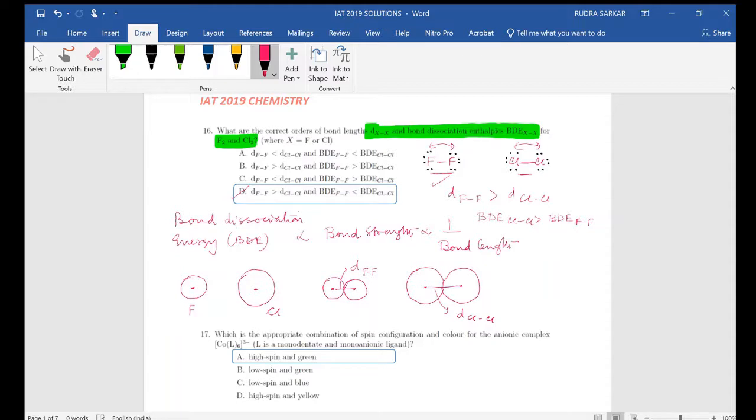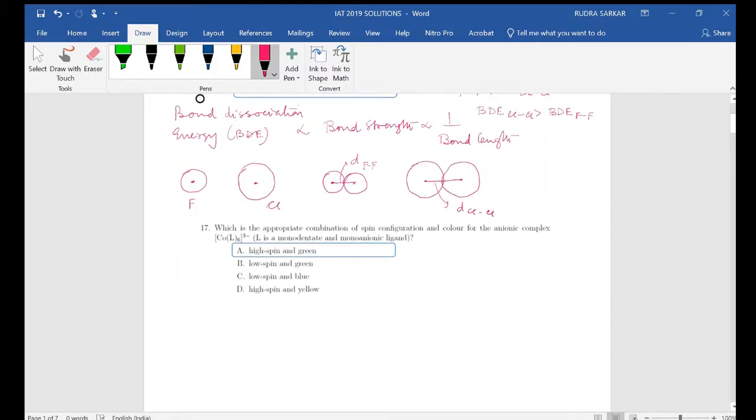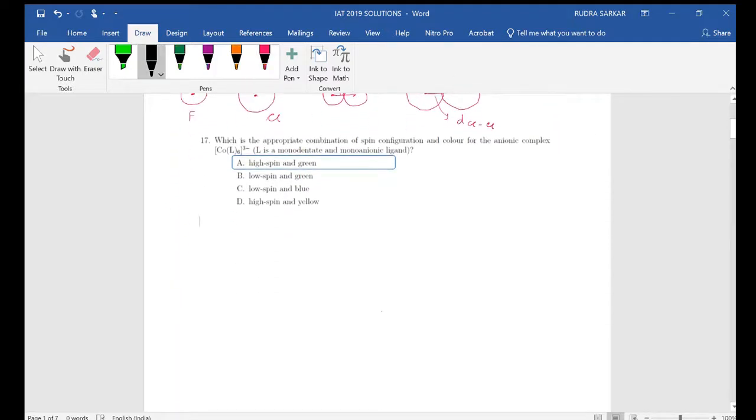Next question is, which is the appropriate combination of spin configuration and color for the anionic complex CoL6 3-, where L is a monodentate and monoanionic ligand, and we have been given 4 options over here. So for answering this question, the theory is that